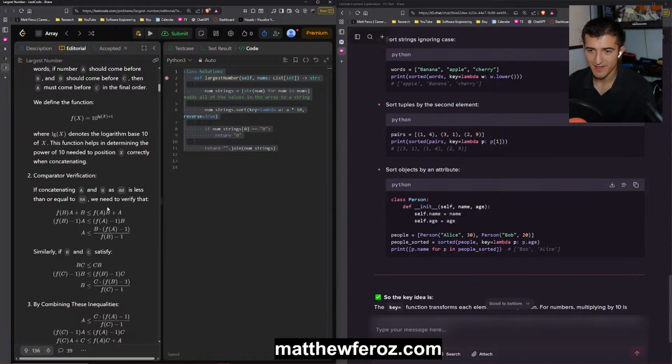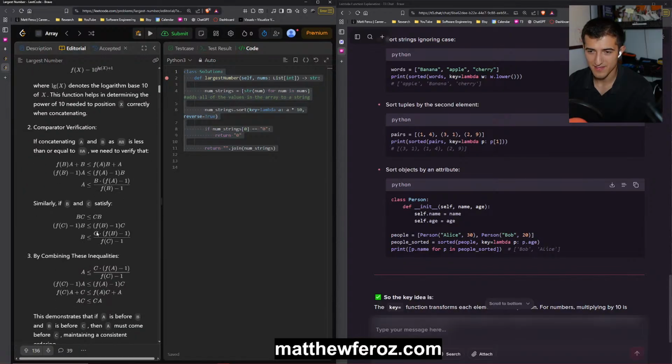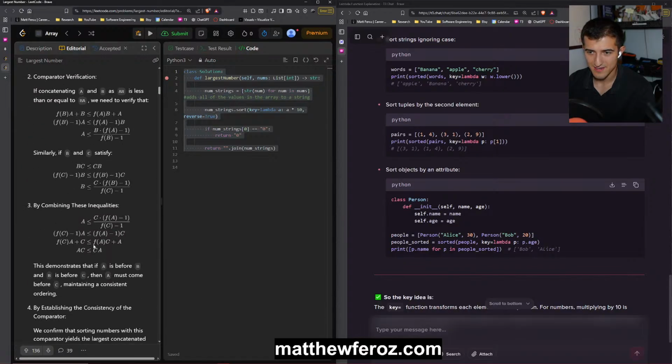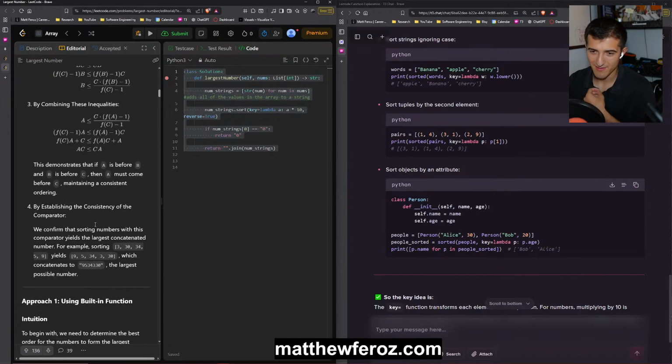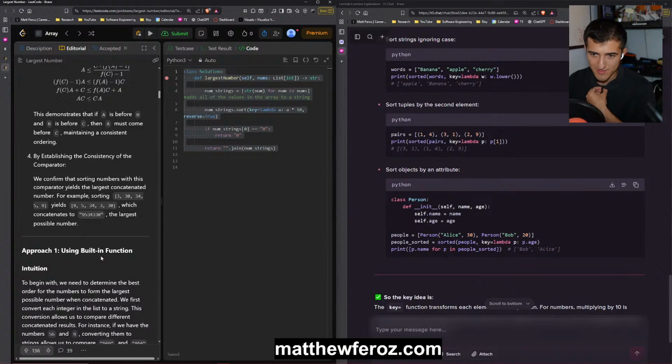You need to verify that if B and C satisfy this, computing these inequalities, that if A is before B and B is before C, then A must be coming before C, maintaining consistent ordering. That makes sense, but I don't really understand that mathematical proof. And by establishing this consistency, we confirm that sorting numbers with the comparator yields the largest concatenated number.